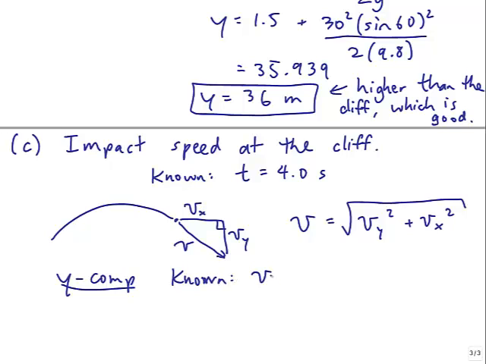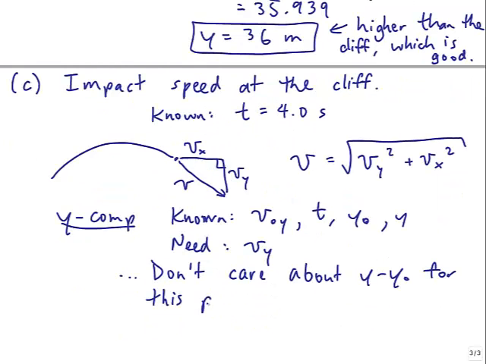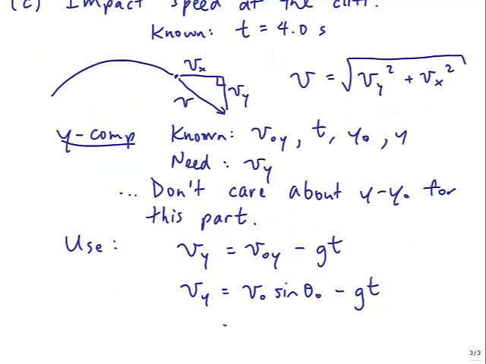The knowns here are the initial y velocity and t, and the initial height and the final height. And what we need is the final velocity. What we actually don't care about in this part is the change in height. So what we'll use is the equation that doesn't contain height. Vy is vy0 plus at. So there's your initial, there's gt. Plugging in the numbers, I got on my calculator